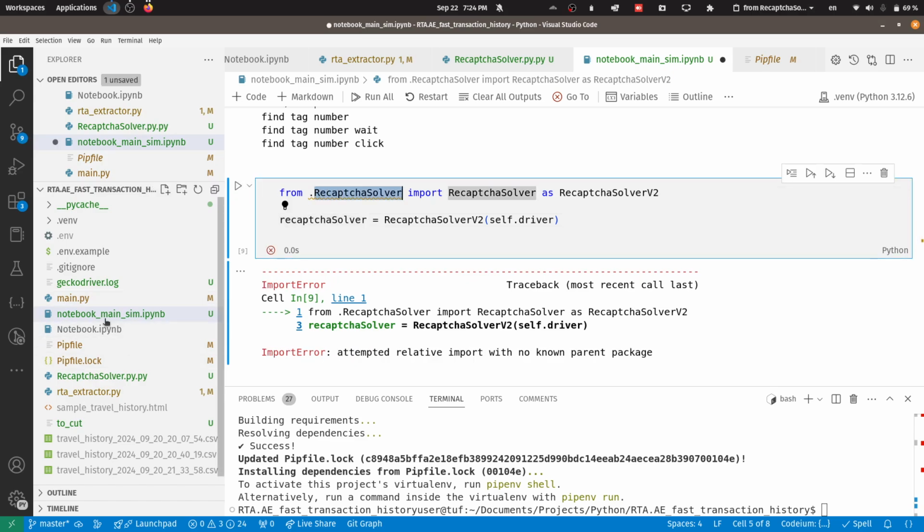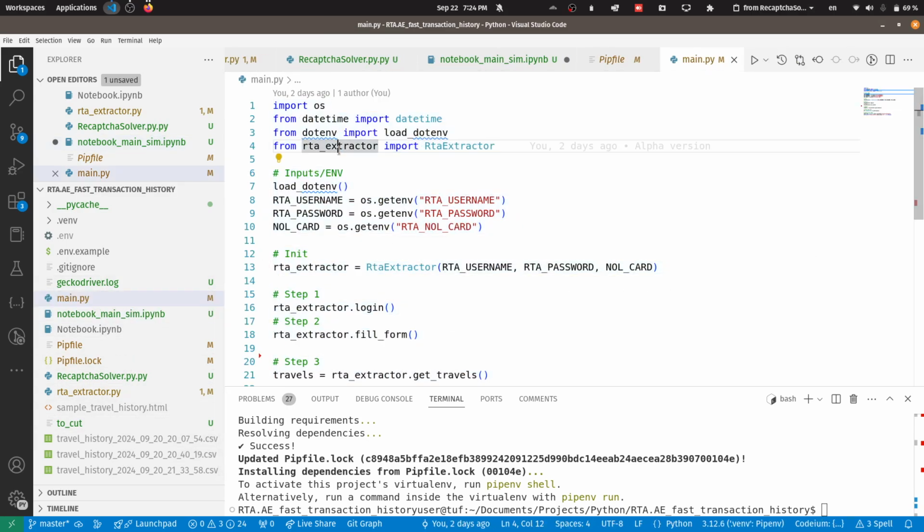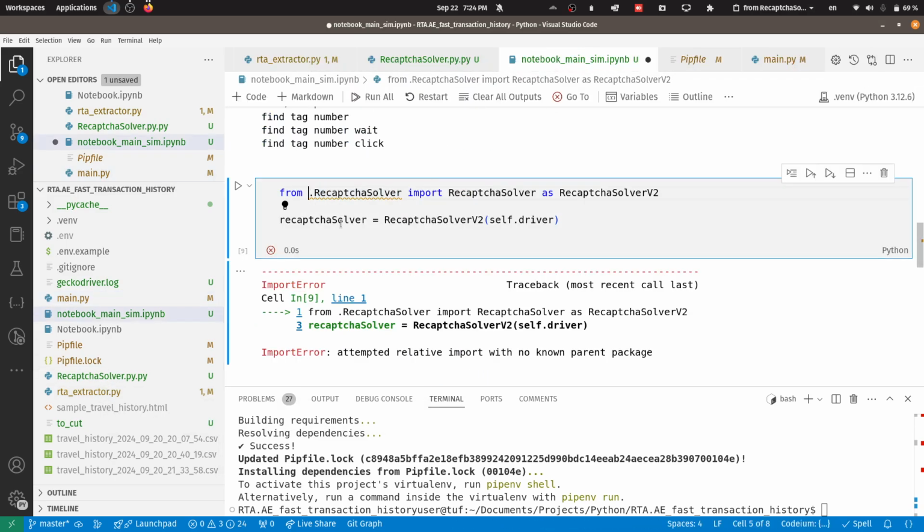Oh my god, how do you import the current file in Python? What are the lengths I have to go to be able to do this? I was able to import RTA Extractor, which is this file, but I'm not able to do this. Okay, maybe it wants me to change the file to